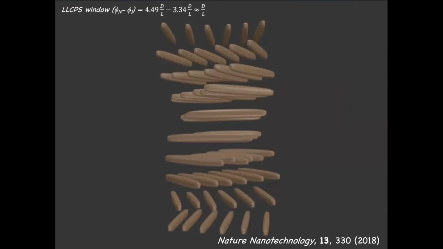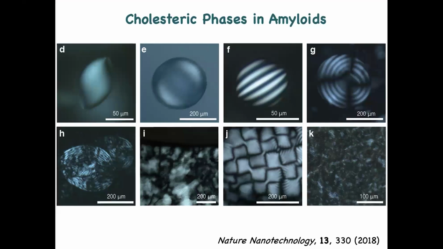So it's the inverse of the aspect ratio. The more you break it, the larger is the window where you can start to look at them. But if you do that, then it's really a new world that opens up. These are some of the droplets we see in liquid crystalline phase separation of the system.